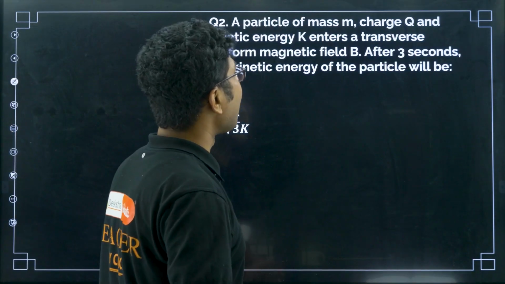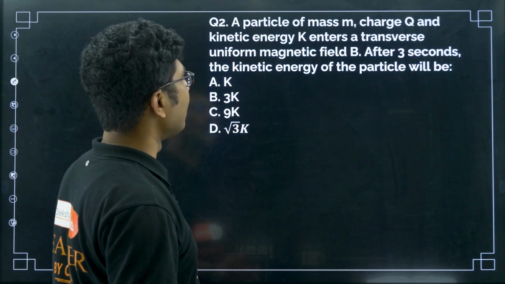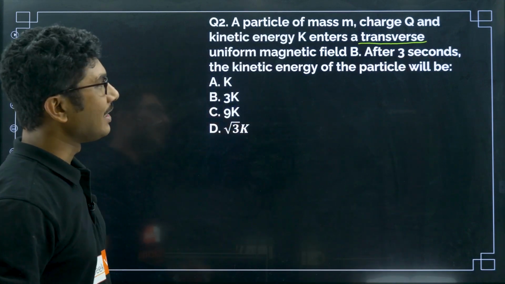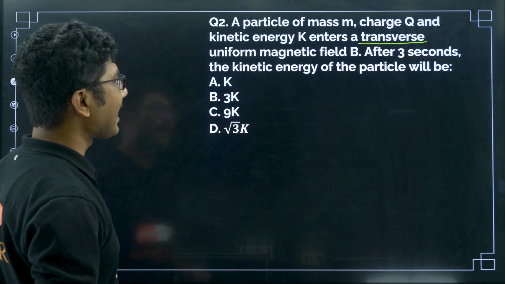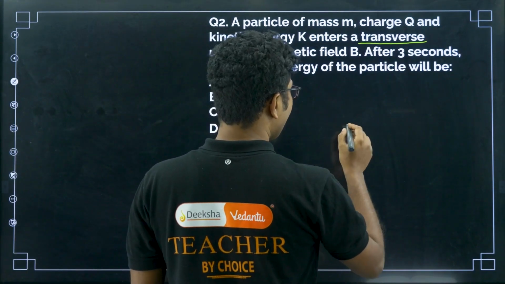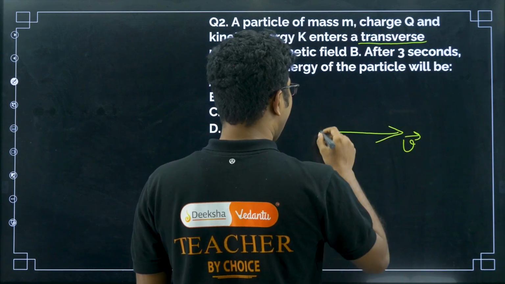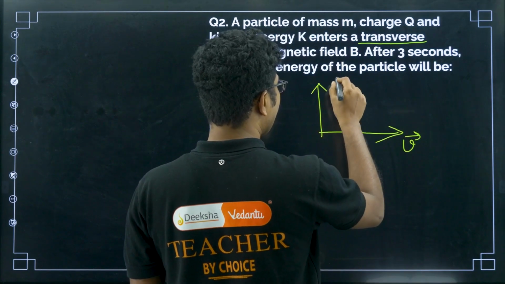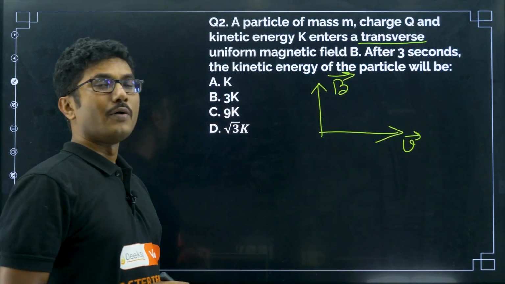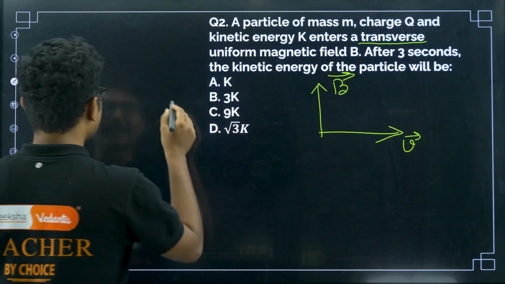A particle of mass m, charge q and kinetic energy k enters a transverse, very important, transverse uniform magnetic field B. After 3 seconds the kinetic energy of the particle will be? Suppose we have a particle moving in this direction with velocity v, and it enters a magnetic field in the perpendicular direction. Transverse means the magnetic field and v are perpendicular. Now we know that when the magnetic field and v are perpendicular, the motion of the charged particle becomes a circle,